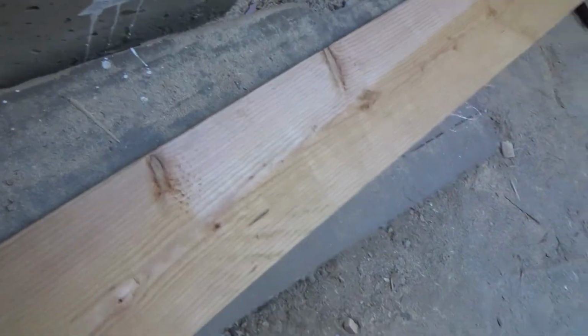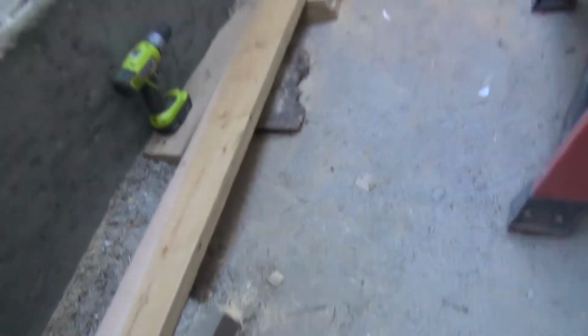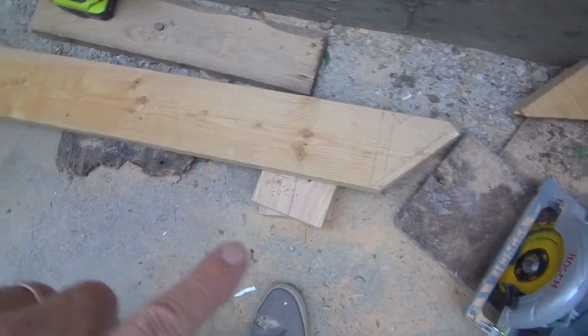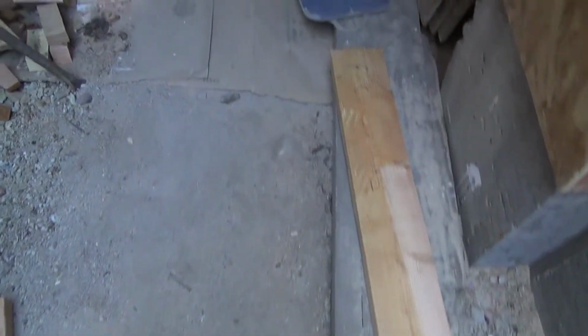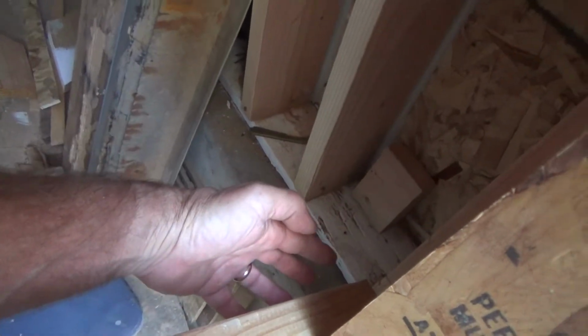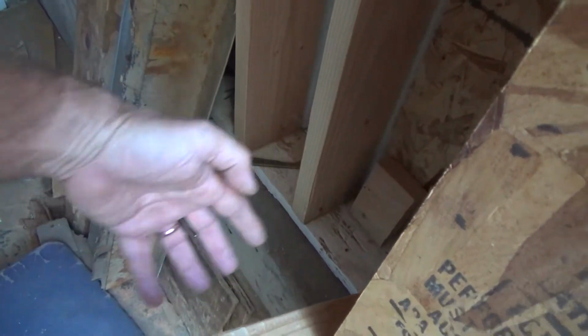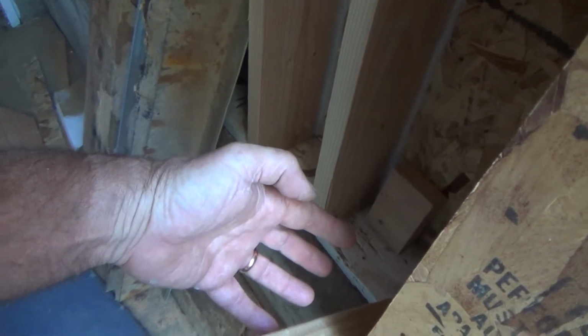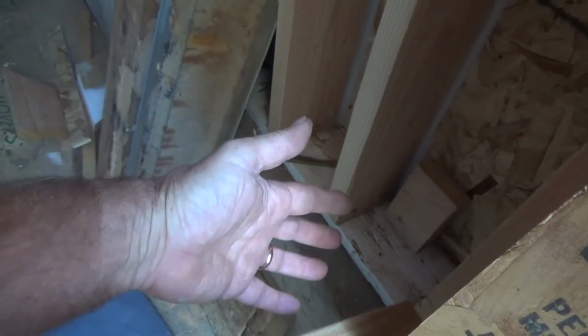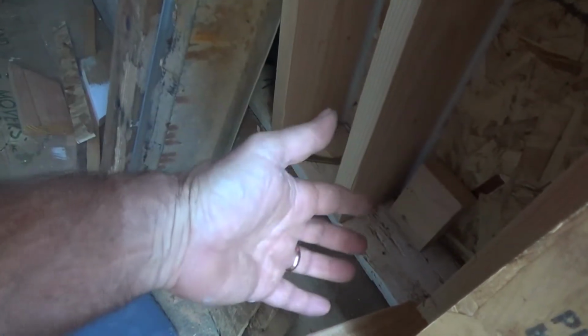And I think I'm going to be pretty close. It doesn't have to be perfect. This is going to be my first go at it, and then I can see what I have to do to change it a little bit, because like I say, I don't care if I got a little bit of slop there, because I can play with that a little bit, because I've still got that piece of redwood to put in there. After I get it figured exactly right, then I'll set it there on top, or I'll set it exactly where I want it,